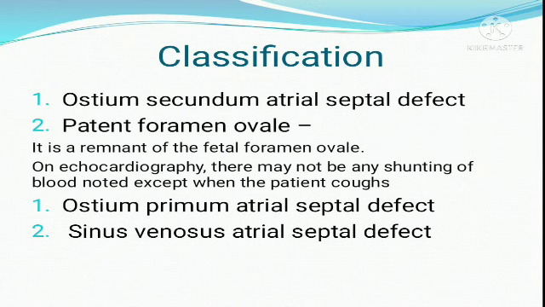Sometimes it may be associated with a pulmonary defect. The pulmonary vein may not connect to the right side of the heart. Instead, it connects to the left side, or any other deformity can occur. So sinus venosus may be associated with other defects in the right pulmonary vein. So these are the 4 types of ASD according to location: ostium secundum, patent foramen ovale, ostium primum, and sinus venosus ASD.